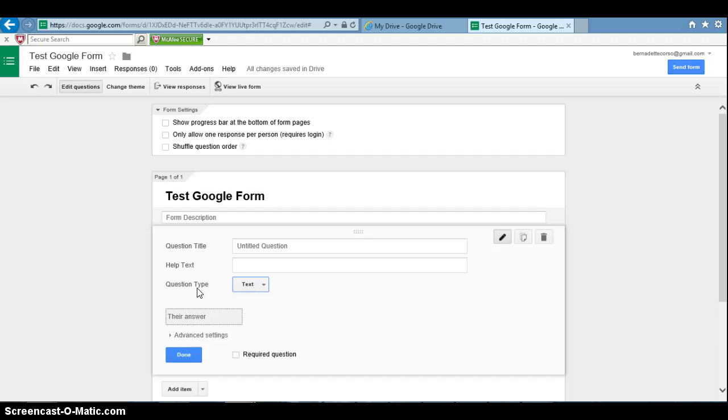The way to choose the type of question that you're going to use is to click this drop-down menu in the middle of the page. A variety of options will appear. You can choose a short answer style question, a long answer style, a multiple choice question, a checkboxes question where a student can check multiple options, a question where it's formatted where the student will pick an answer from a drop-down menu, a Likert scale style question,